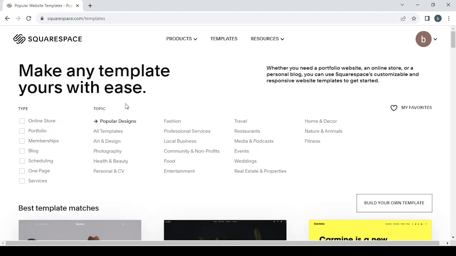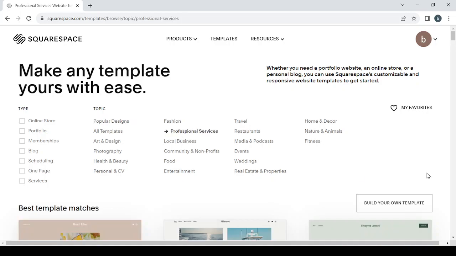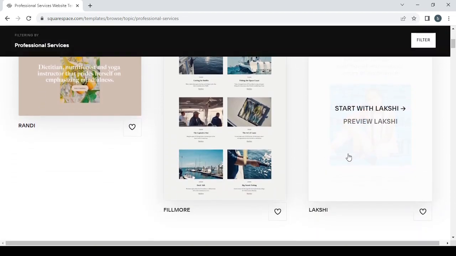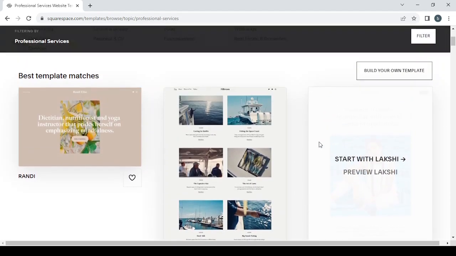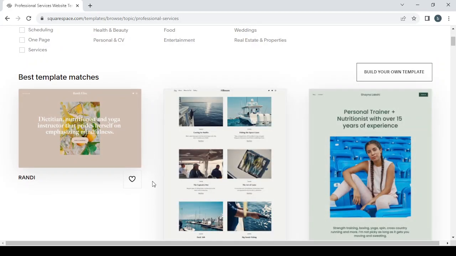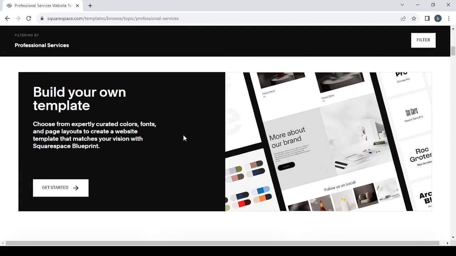And here we can filter by topic, like all templates, photography, health and beauty, but we're in the parenting and family services. So let's see if we can find that in here. So let's see if we can find something about family. So that is not in here. Let's go with professional services to see if we can find anything like that. So here there is a website for personal trainer, nutritionist and yoga, and the blank template that I talked about,